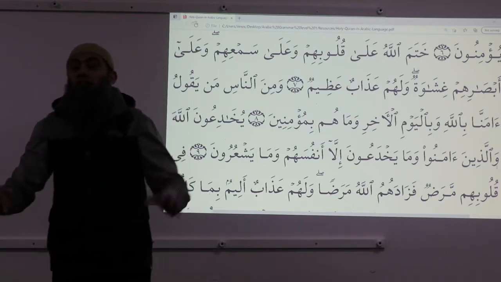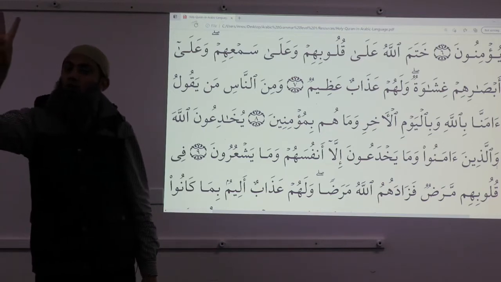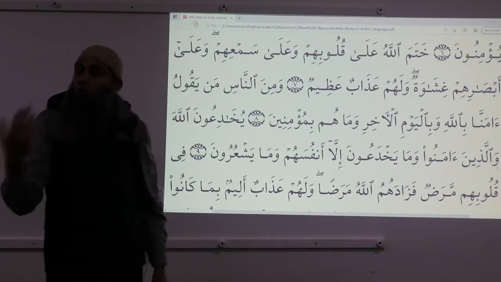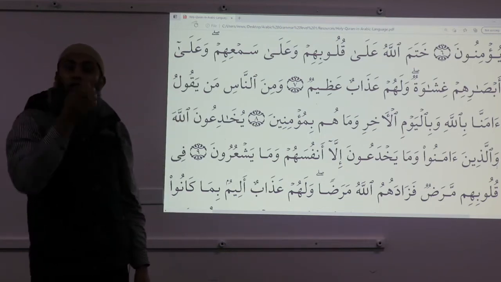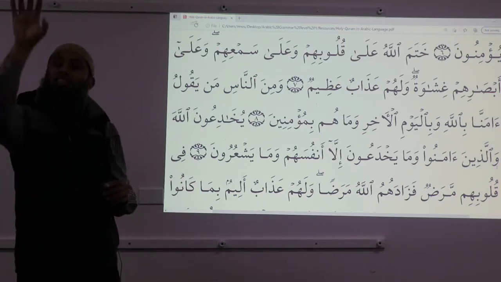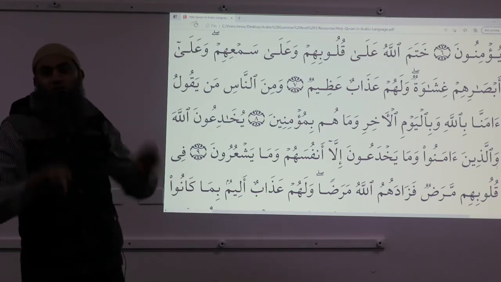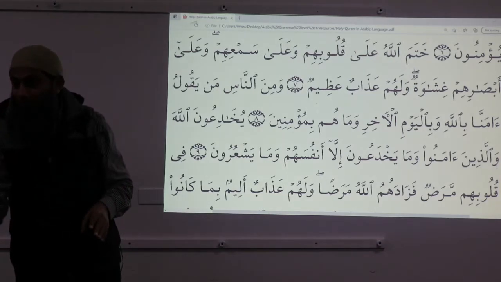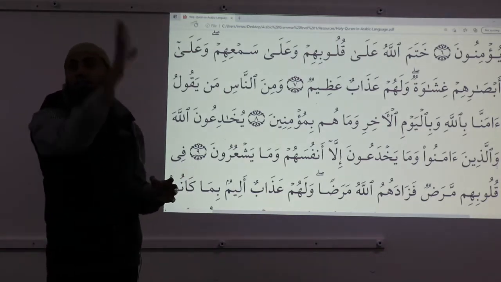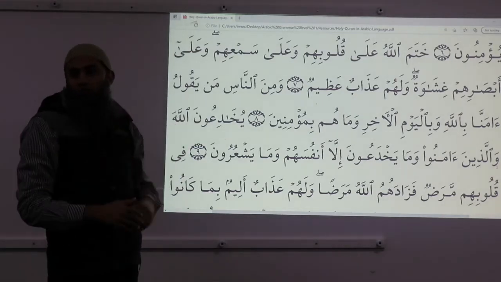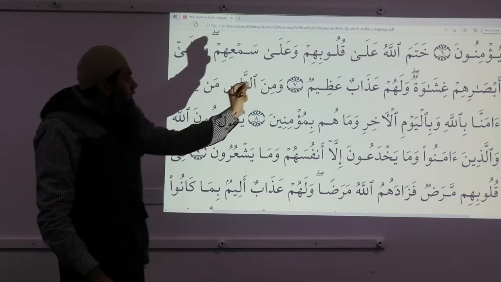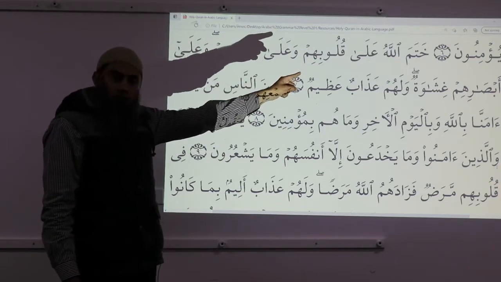And Murakkab Idafi has how many forms? Two forms. Either two isms side by side, or one ism and one attached pronoun. The pronoun is ism as well, by the way, we know this. So that's a clear ism, ismu zahir, and an attached pronoun, zamir. Is that clear? Now inshallah, we'll start from the 5th line.